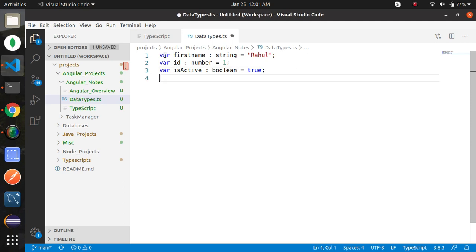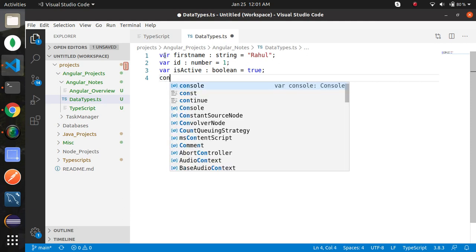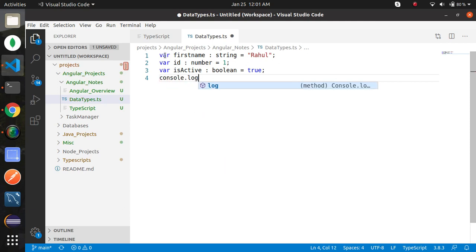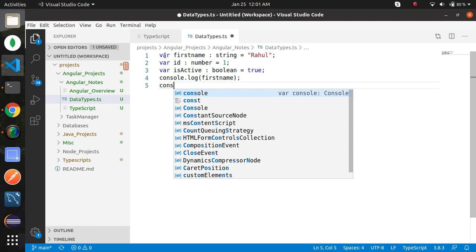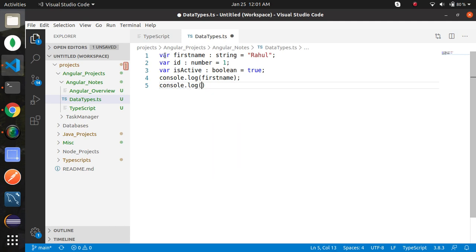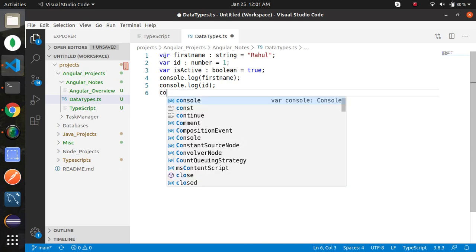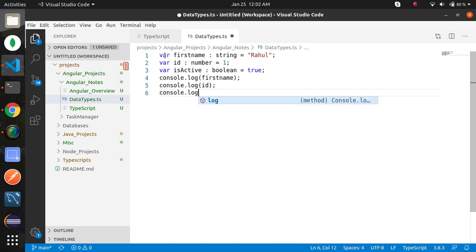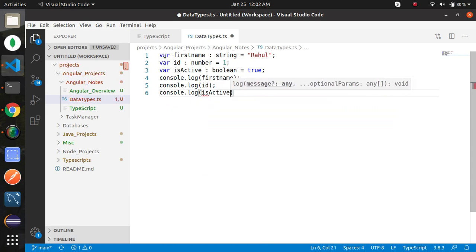Now use the output statement to output this: console.log firstName, console.log id, console.log active.